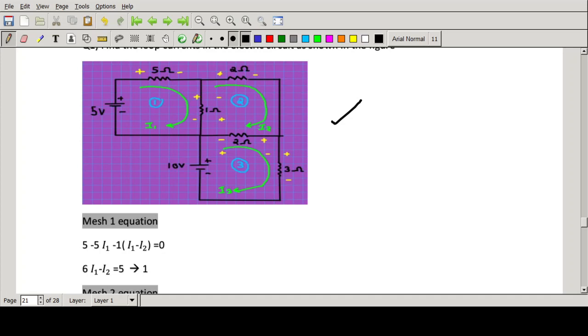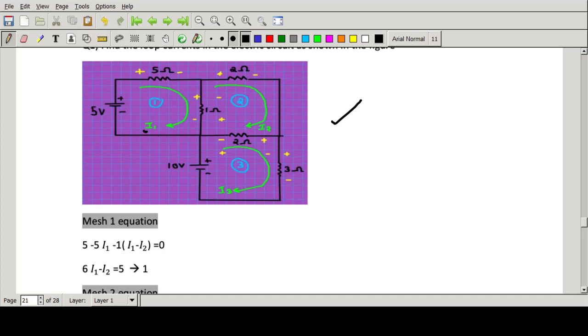Now we are going to use the normal solution, that is, how you solve when you get two or three equations. We will use the same method. We are not going to use the matrix method. First we will use the normal method, then we will see the matrix method. Here you can see three meshes, 1, 2, 3, and I have marked the direction of the currents I1, I2 and I3.